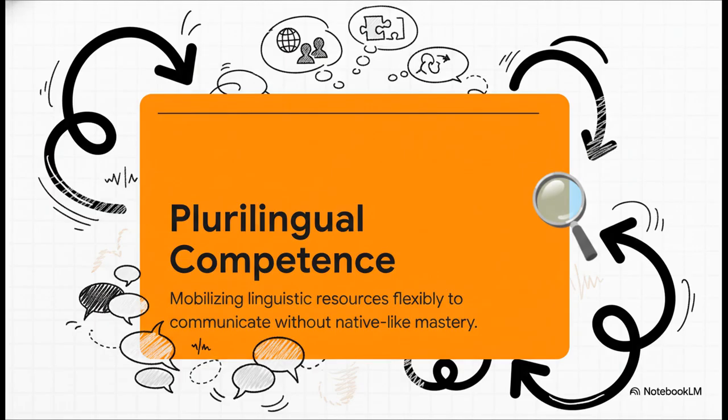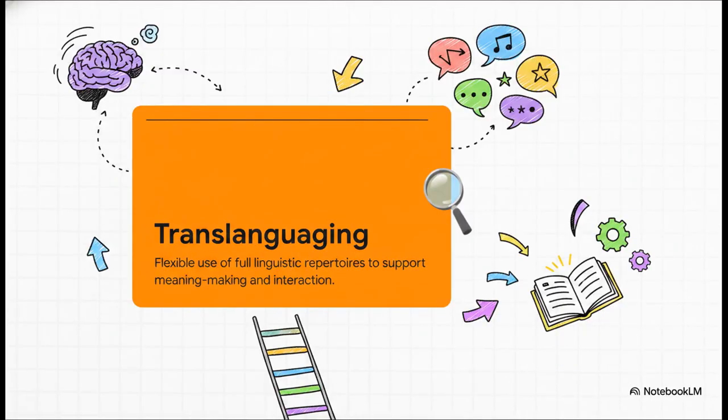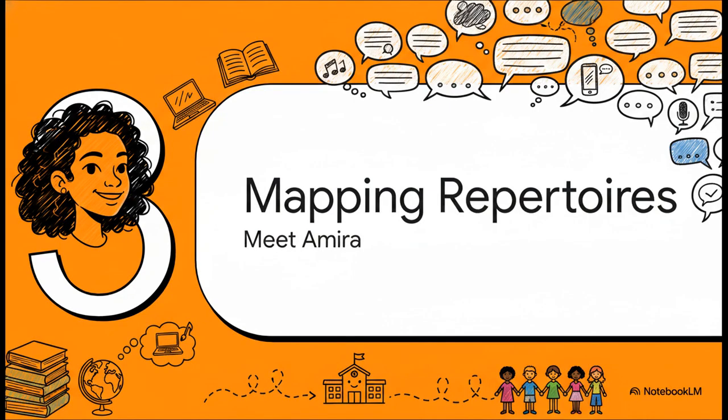It's about how flexibly a person can mix and match all the words, the styles, the gestures they know to communicate and participate socially. And that leads directly to translanguaging. Allowing students to use their familiar home languages to plan an essay, debate a topic, or clarify complex ideas isn't a crutch, it's an absolute superpower. It drastically lowers cognitive overload and lets them tackle really tough subjects using every single communicative tool they have in their arsenal.